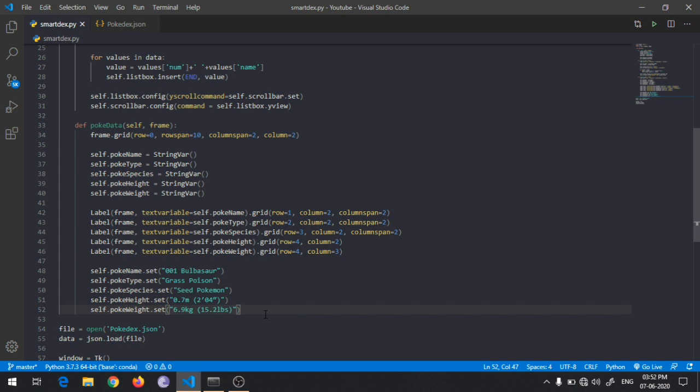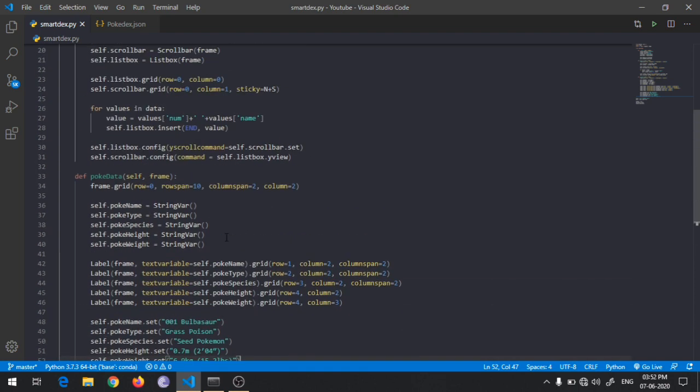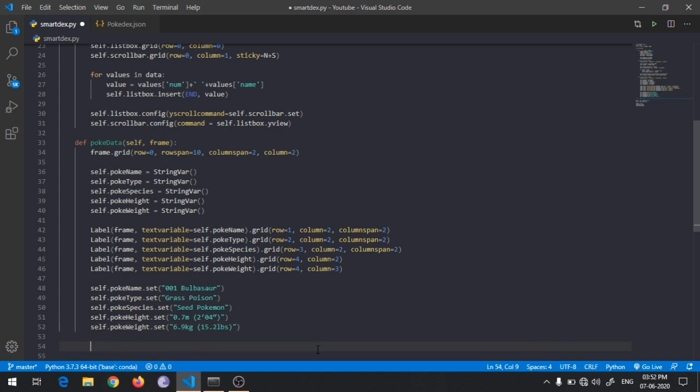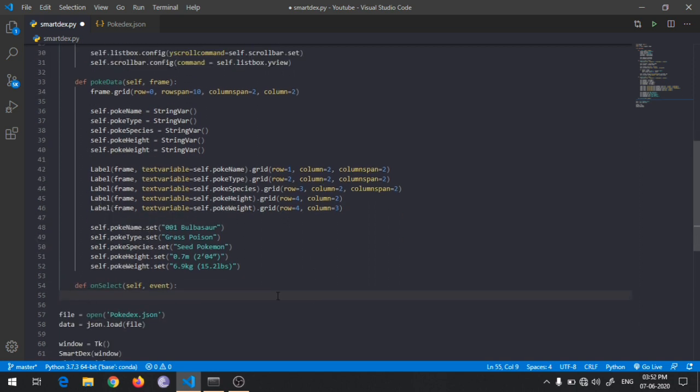So for that I will go ahead and create a function here. Def onSelect function, and for that the parameters will be self and event, on which the function is to be called.